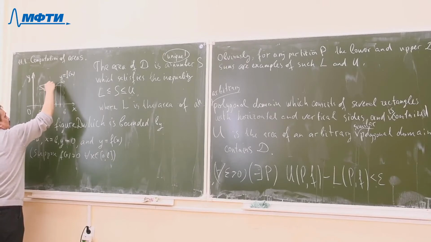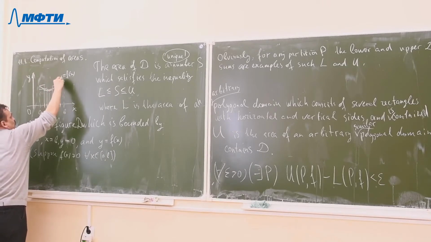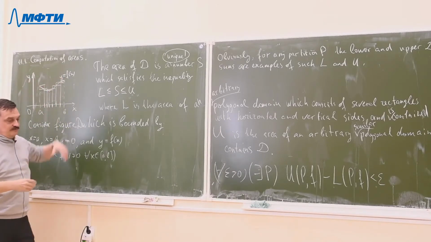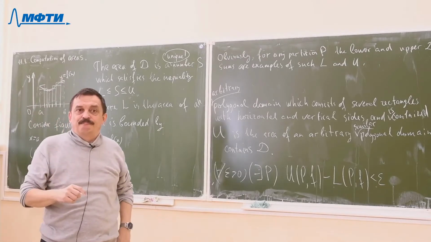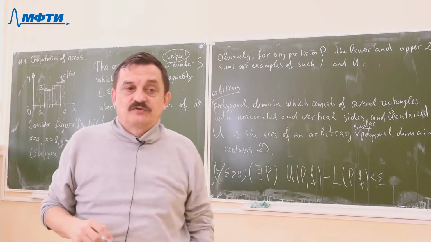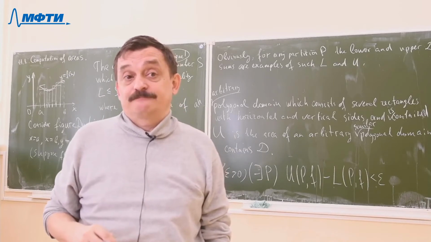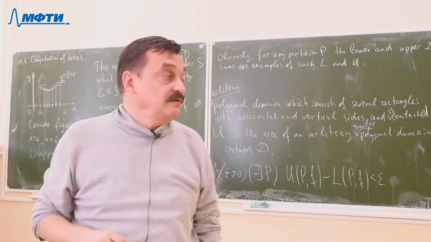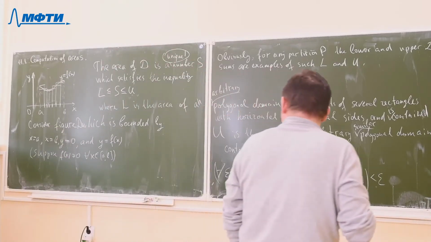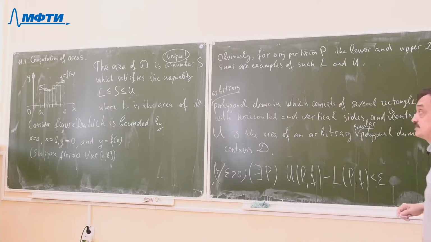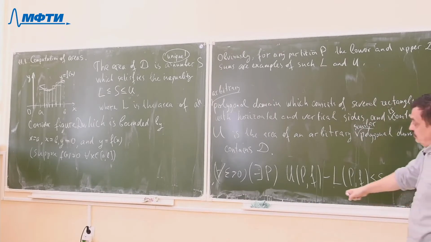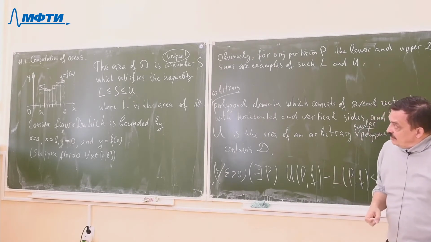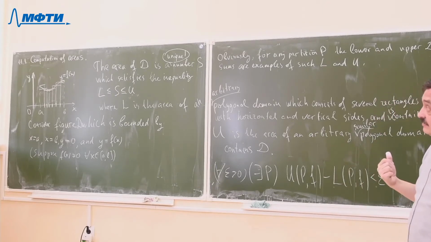These are areas of those upper rectangular figures. They form upper Darboux sums. Those sums. So it means that